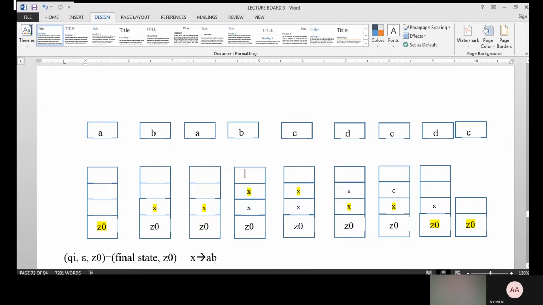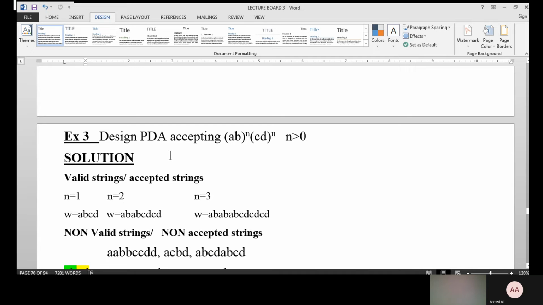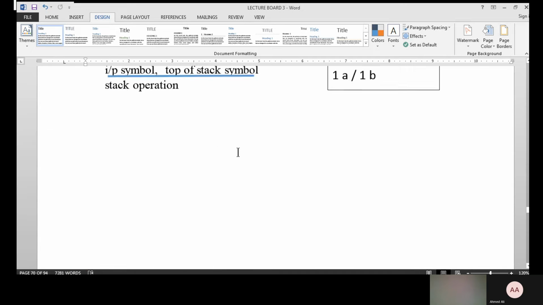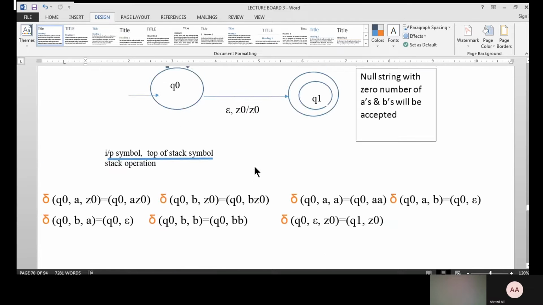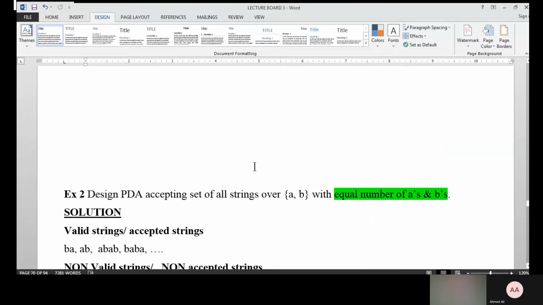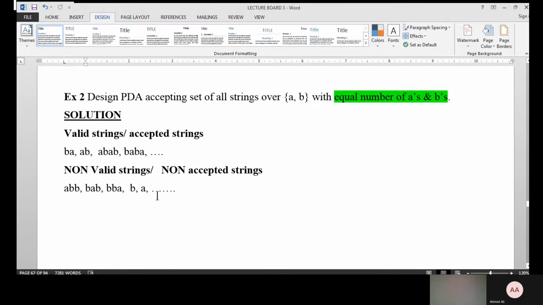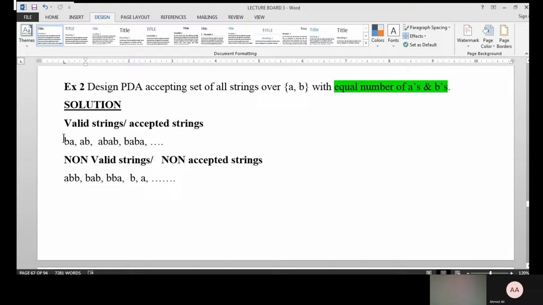In the previous lecture, we have seen the explanation of this third sum based on PDA. Previously, we have constructed PDA for a raised to n, b raised to n, n greater than 0. And then the second sum we have seen is a variation of the previous sum, equal number of a's and b's. How is it varying? There is no